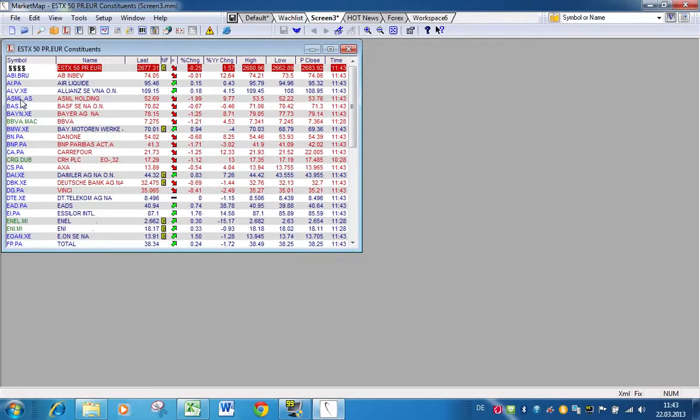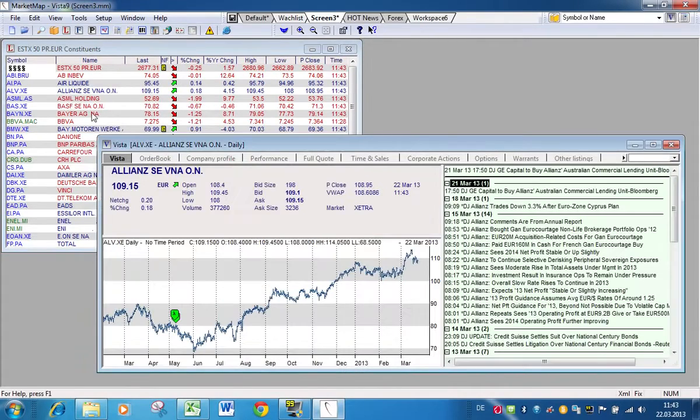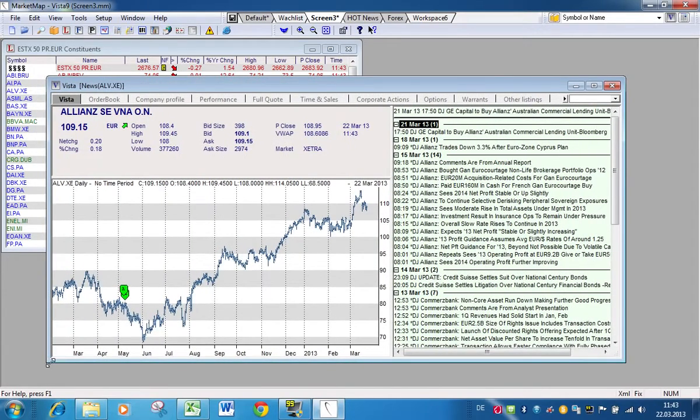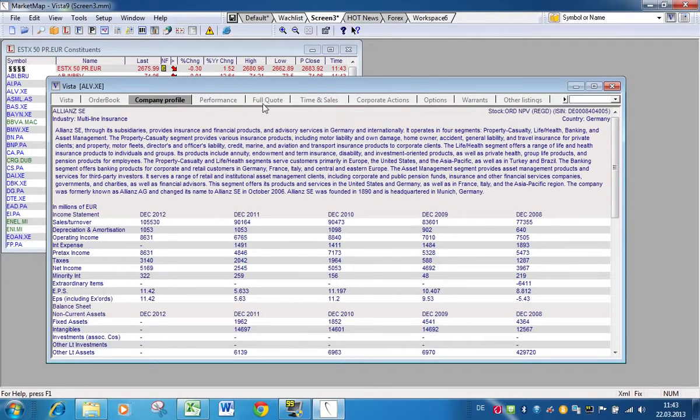Another useful tool is the Vista window, which can be opened by simply double-clicking on an instrument. The Vista window contains more information and most of these right menu options that you would find on an instrument. The basic overview offers you the current quote data, a chart of the instrument, and news related to that particular instrument. On top we have several tabs which give you some more detailed views, such as company profiles for stocks,